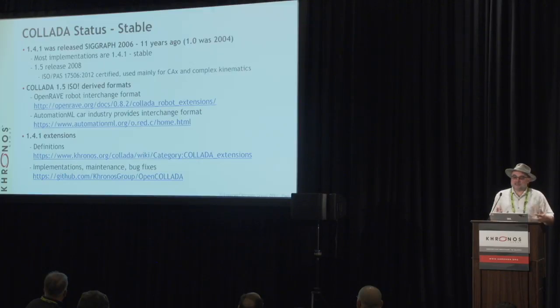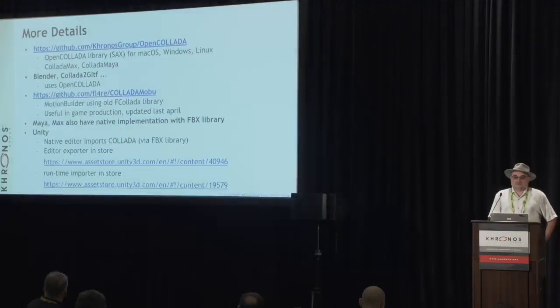it's still evolving, but it doesn't need a lot of evolution of the specification because we designed it. I mean, especially Mark designed it, so it's totally extensible, and there's a mechanism to do that. We actually use that mechanism lately for some new extensions, which we're going to talk about quickly. And Mark is going to re-explain the process on how to make extensions, publish them, and make them interchangeable, which is the goal. So we're going to focus on this thing called Open Collada, which is a Khronos open source